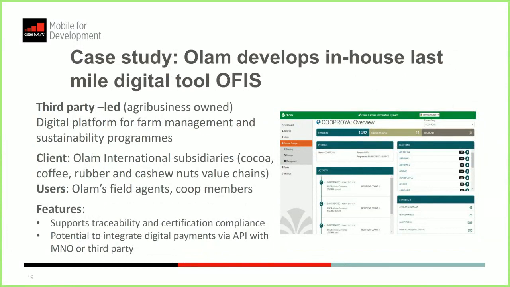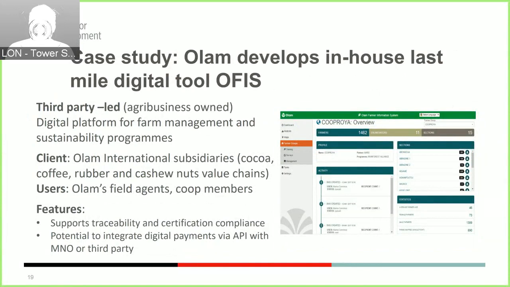Again, courtesy of Olam. This tool is also used by the field staff to deliver training and key instructions for farmers to follow best practices. We're re-emphasizing traceability and certification here, because this is exactly what Olam is deploying the solution for: to ensure that certificate requirements are being met. These can be met if best practices are disseminated across their farmer network on how, for example, to cultivate your plant, which fertilizer to use, and so forth. So far, the system has enrolled about 100,000 farmers in 21 countries.